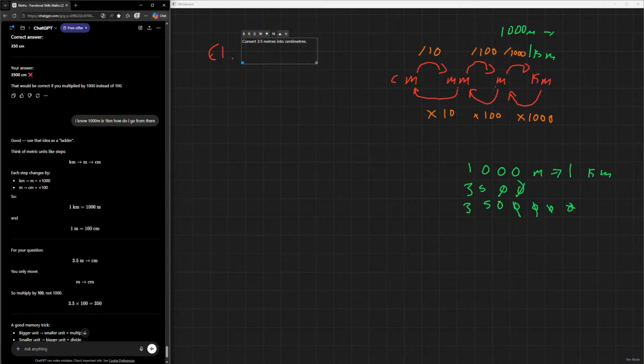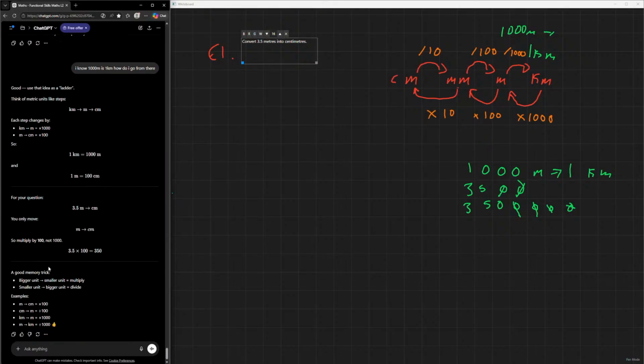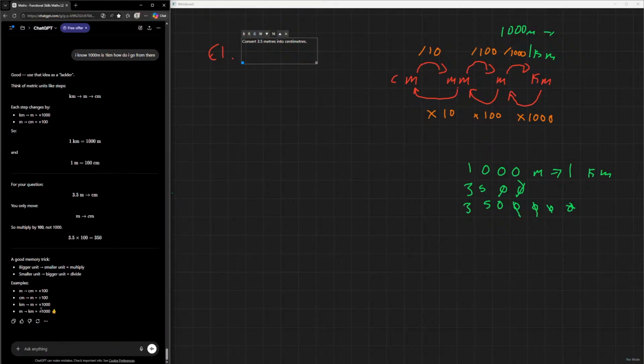So I'm going to meter. So meter to centimeter. Okay, guys, I can